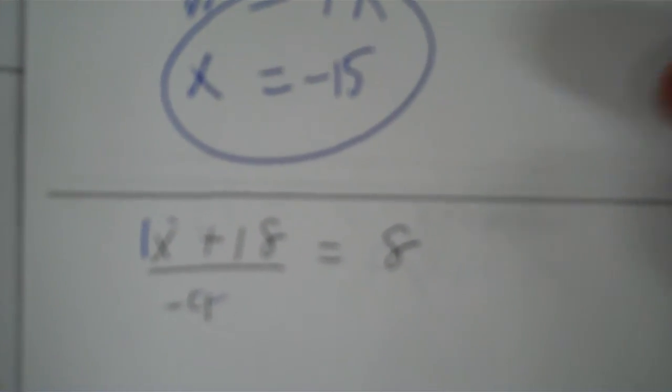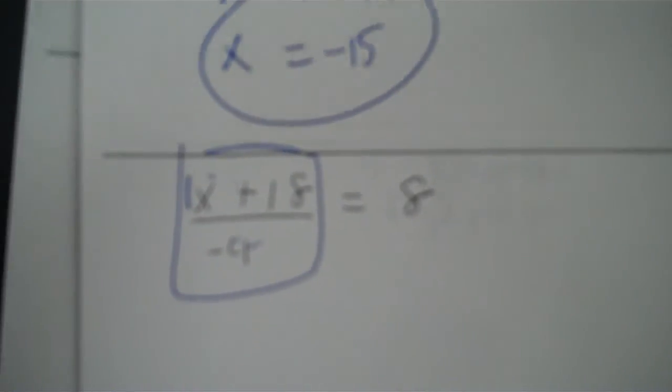Okay, again, 1x plus 18, but not only is this divided by negative 4, so is the 18. Okay, but don't actually divide them. Okay, don't actually do that. So the whole thing is recognized as a coefficient. So we go up to the negative 4 first. I multiply by negative 4 on both sides, and then I will be subtracting 18 from both sides. So times,